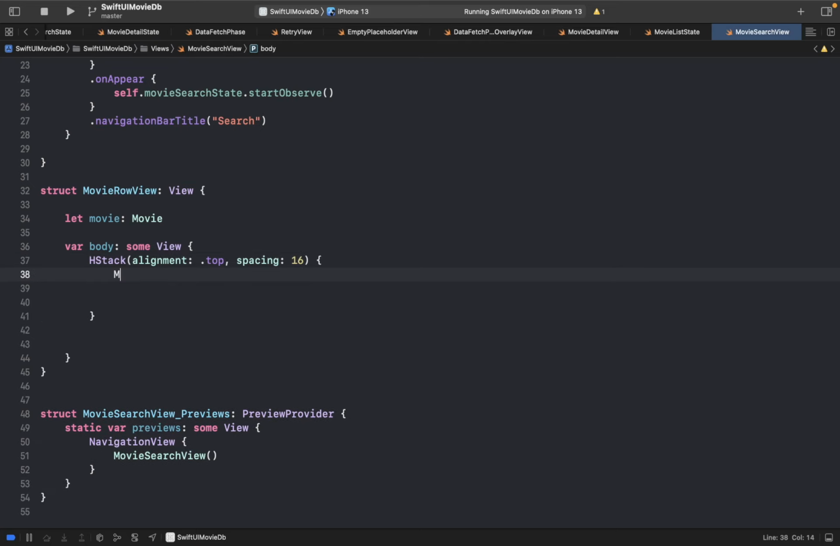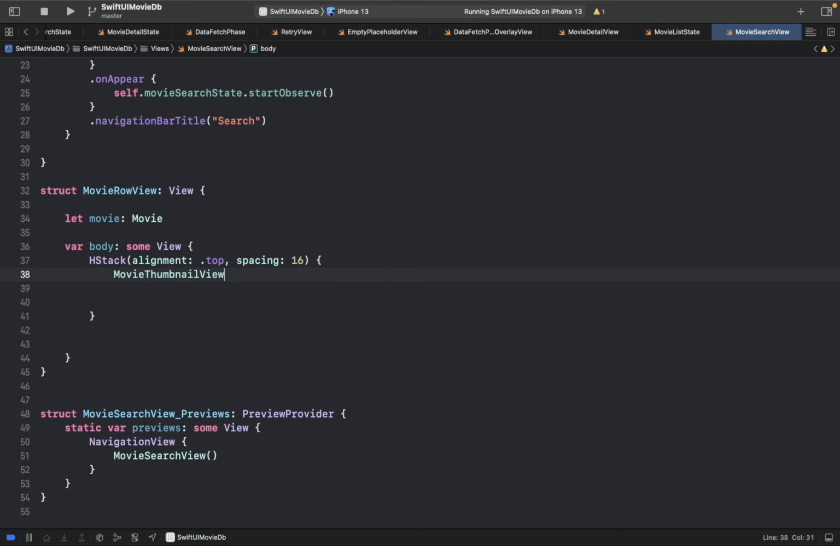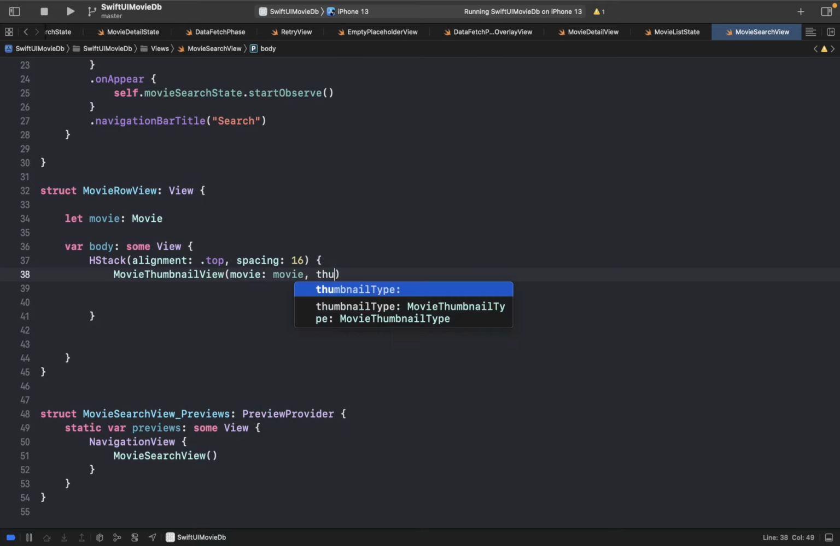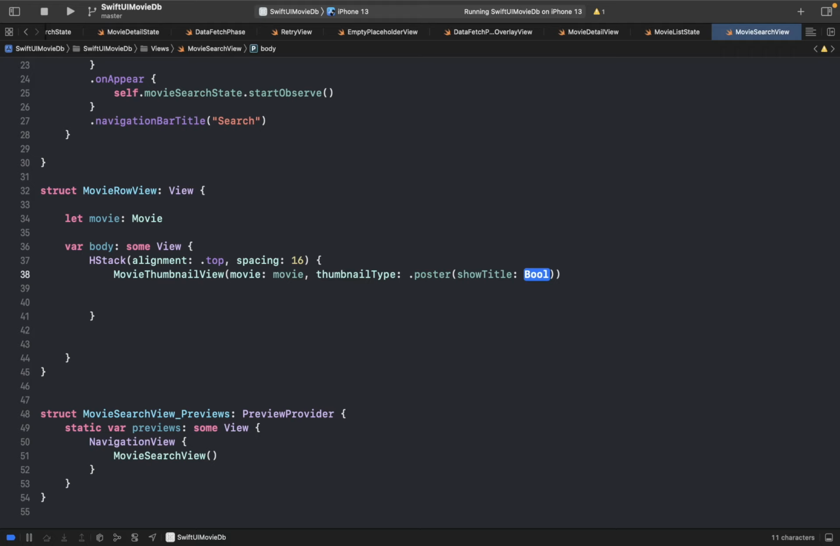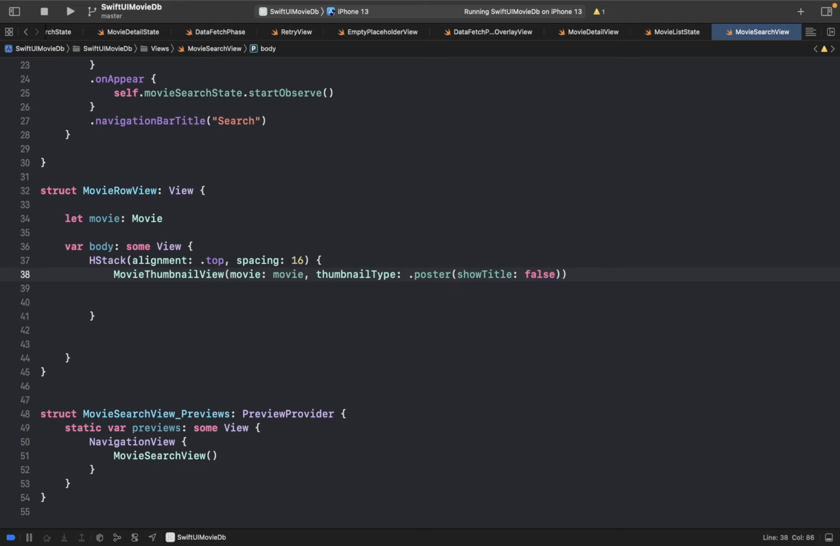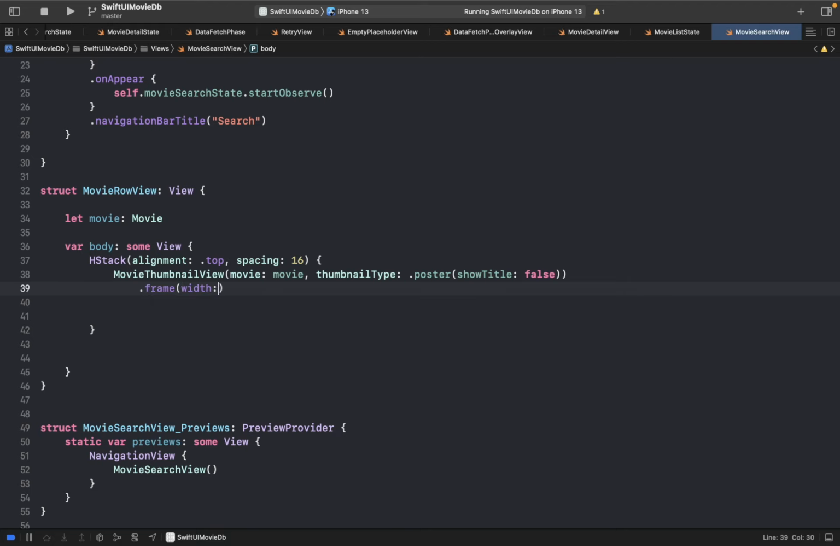In the HStack, let's declare a movie thumbnail view to show the poster image. Let's pass the movie and thumbnail type. Let's pass the poster. In this condition, we don't want to pass the title, the text that will be overlaid on top of the image when it is being loaded. So we pass show title as false, and let's set the frame